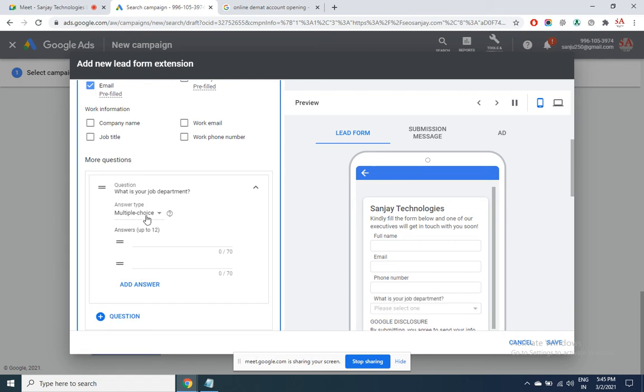Like these questions you can give, say gender, male, female, multiple choice, short answer.